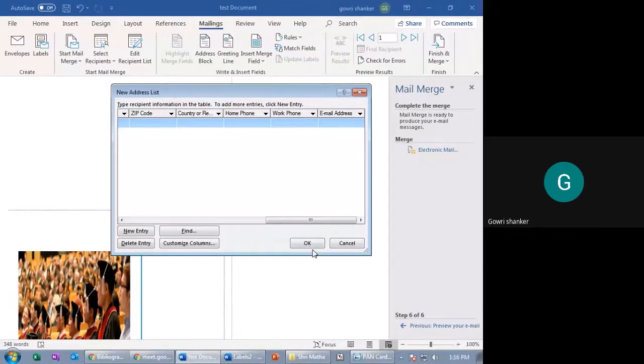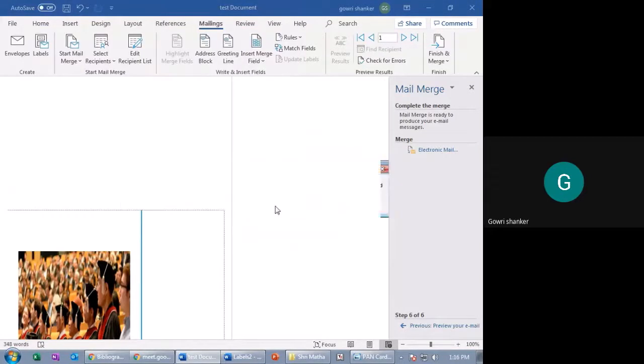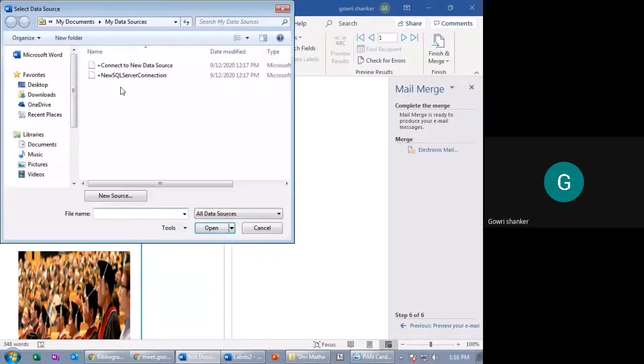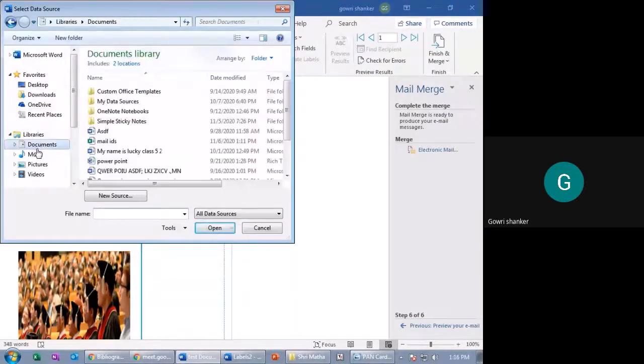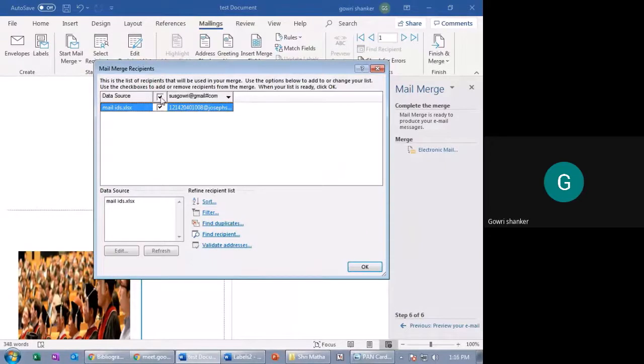This is for recipients, but I don't have any, so I'm canceling. You can add recipients, use an existing list. The only existing list I have is in documents, mail IDs. That's the existing list we have. Edit. You can see both members are there, 1, 2.